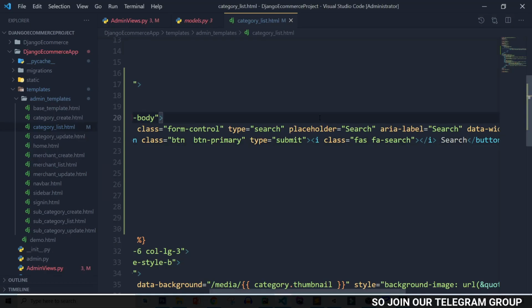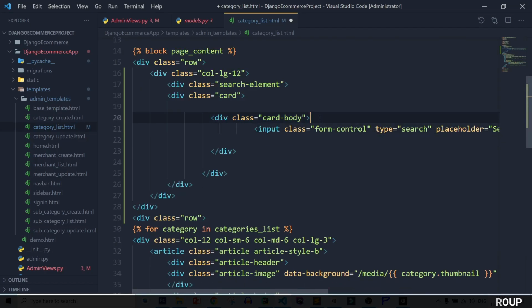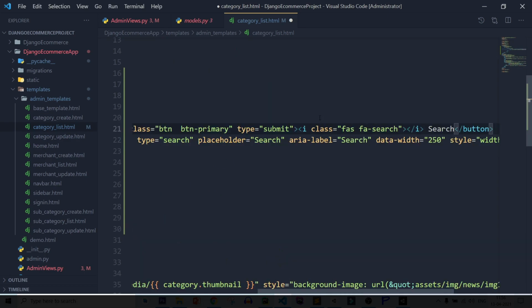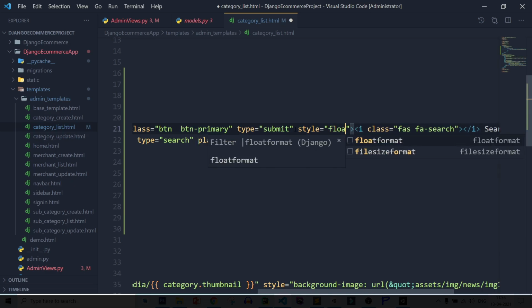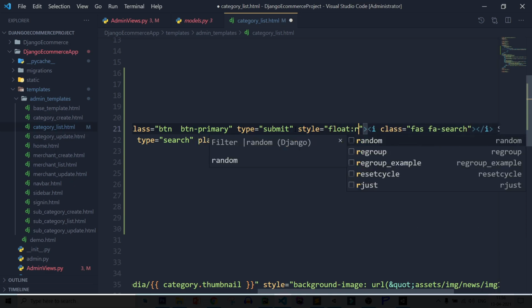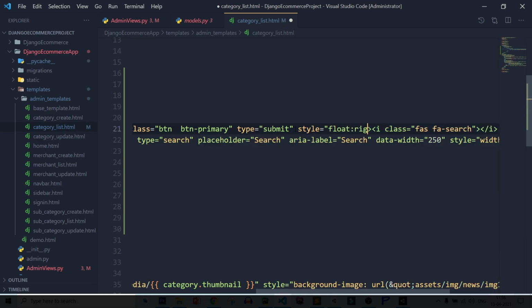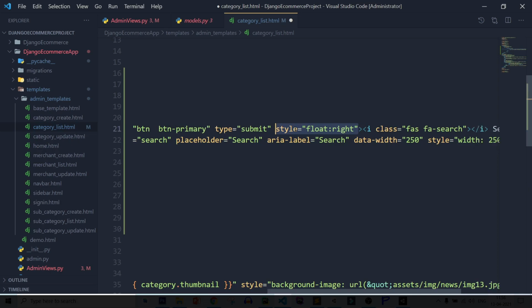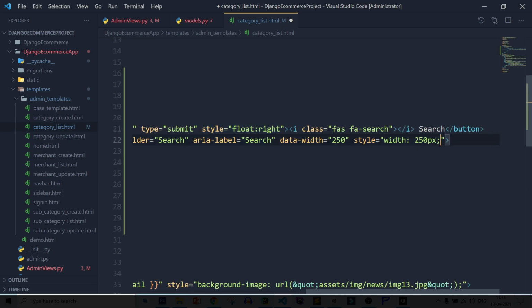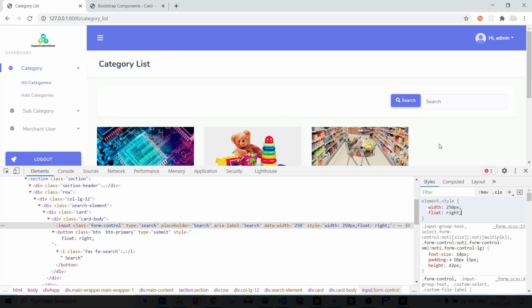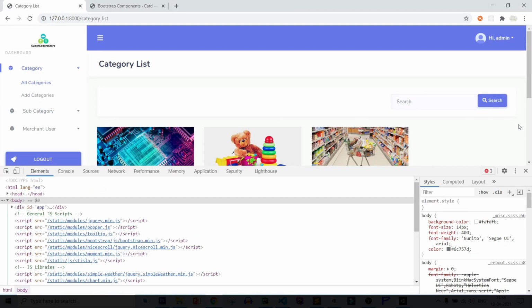After that, let's move it top, and here style, float right, copy it, float right, save it, refresh page, and you can see it is showing perfect search button.